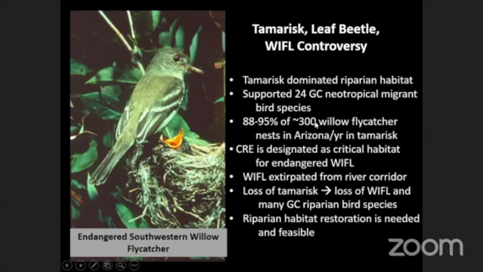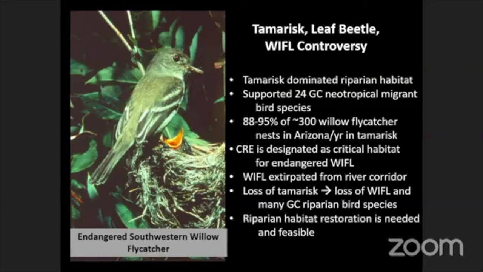Tamarisk is one of the plants that moved in along the river corridor, and oddly, southwestern willow flycatchers nest preferentially in tamarisk. It's better cover for them. The Colorado River corridor is actually designated as critical habitat for this willow flycatcher. However, the willow flycatchers are now no longer breeding in the river corridor. Extensive monitoring by the Park Service and other folks has demonstrated that